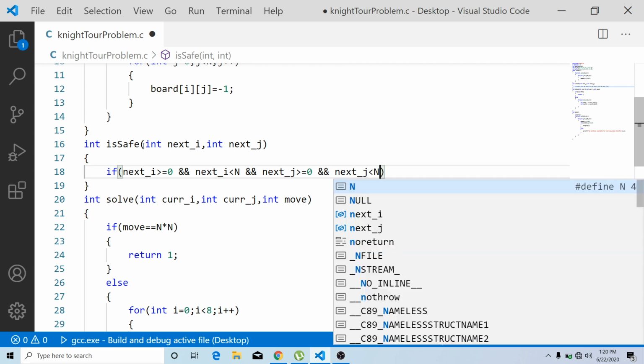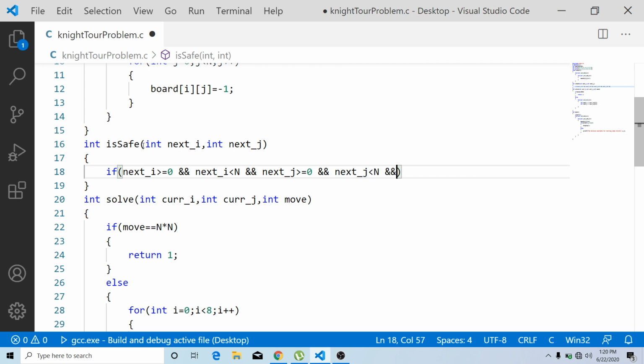First of all, you are checking these 4 conditions so far, and they clearly say that the cell we are checking is inside the chessboard.